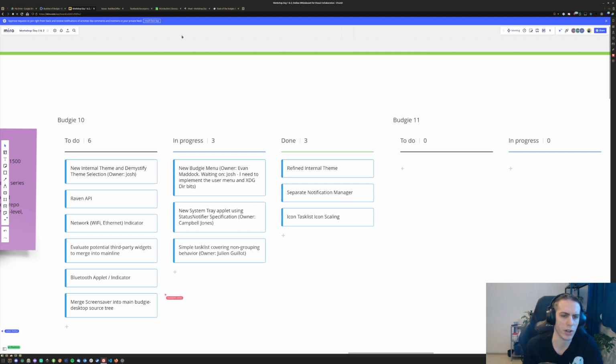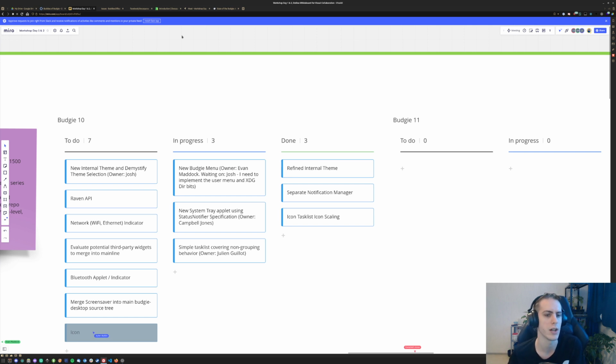No, and this is something we'll touch on when it comes to Budgie 11 stuff. My opinion, during at least this workshop, is to put all the things possible in the daemon to avoid a lot of the issues you speak of, but also because we want to have that separation between the data and the actual presentation layer. So we have the new system tray in progress and the simple task list, which is going to cover non-grouping behavior. For those wondering in chat why we're going to be doing that, the reason is